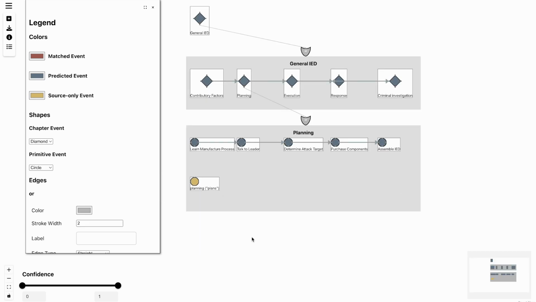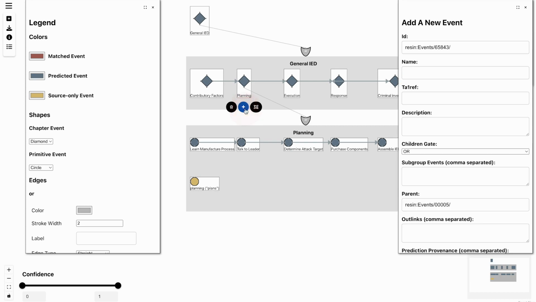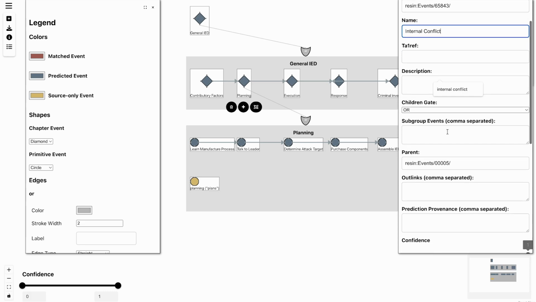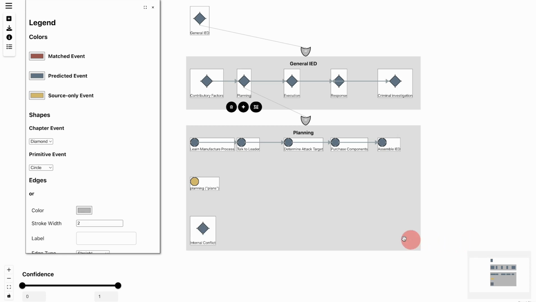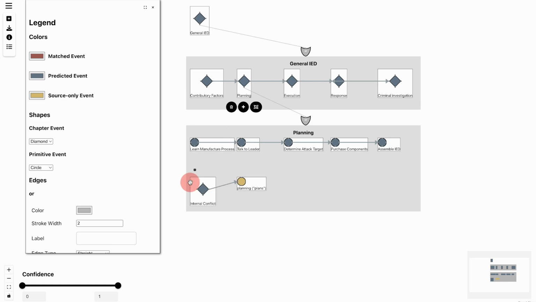For each of the nodes, you can add a new event outcome as a subnode by right-clicking on the parent node and clicking Add. For instance, over here, I add a new event, internal conflict, to the planning parent node. After that, we can say the internal conflict happens before the planning event. Then we can drag from the end of the internal conflict to the planning event to establish a temporal relation